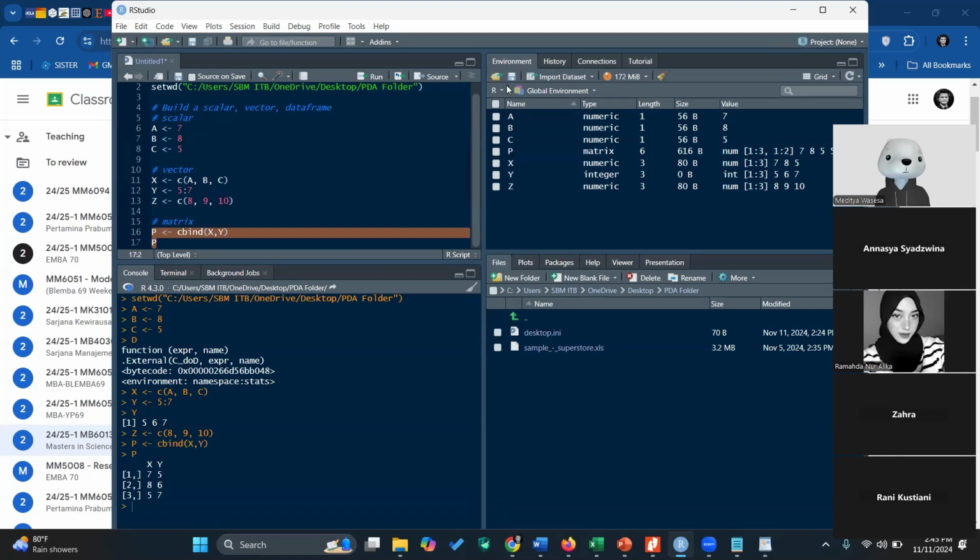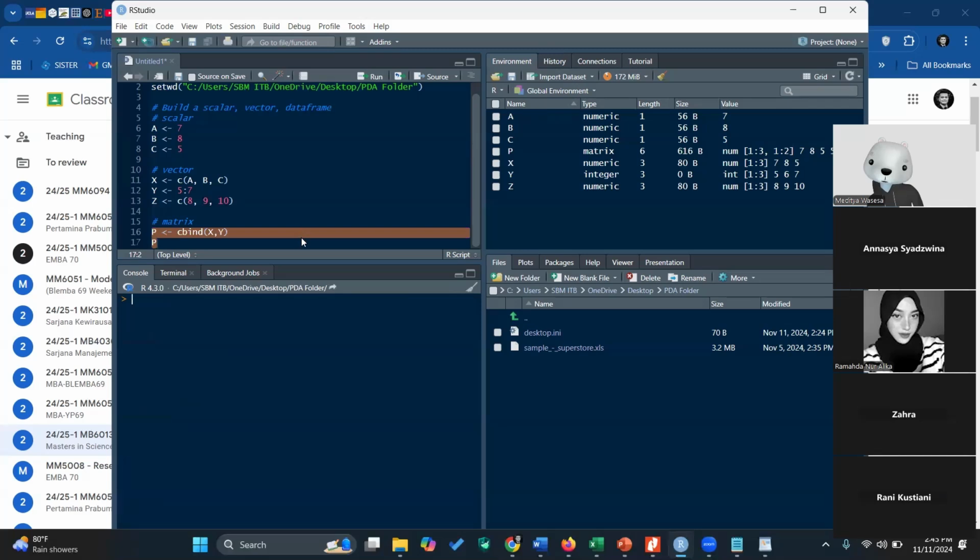You can see. So I will rerun the code. Run. Note that before, we defined X as 7, 8, and 5.